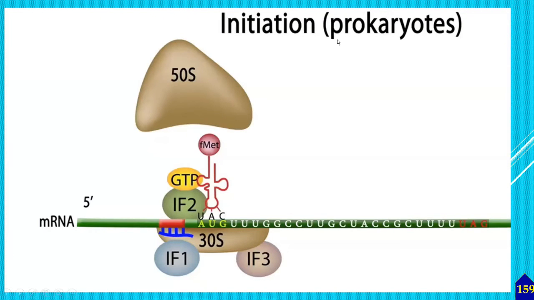So here also you can see this chart explains it. Here initiation factor 1 and initiation factors 2 and 3 are going to combine with the 30S subunit. Then the mRNA will make the different amino acids, like the varieties of amino acids, they are going to form the F-methionine chain, and IF2 and GTP and F-met are going to form the 50S subunit of the ribosome. That's called the initiation process of the prokaryote.